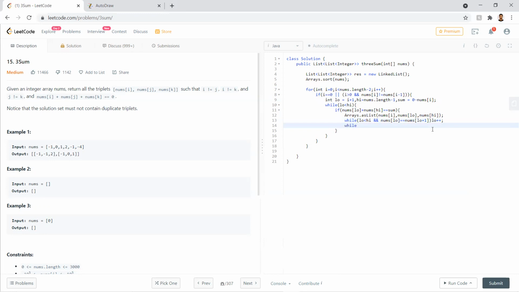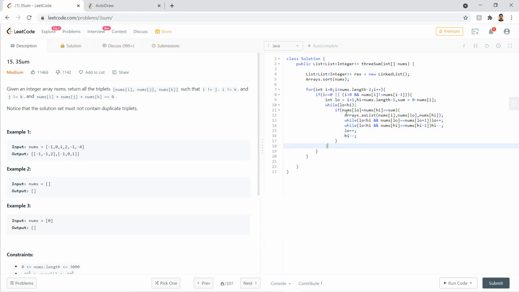Similarly, I'll do it for the high: I need to check for high - 1, and I will decrement the high, and by default, if it is not equal to this point, I need to increment the low and decrement the high.